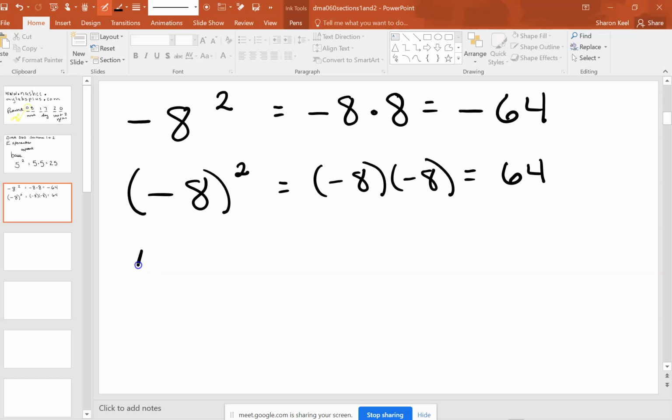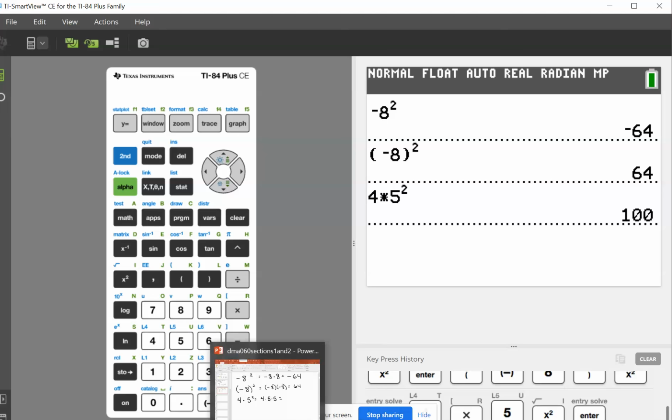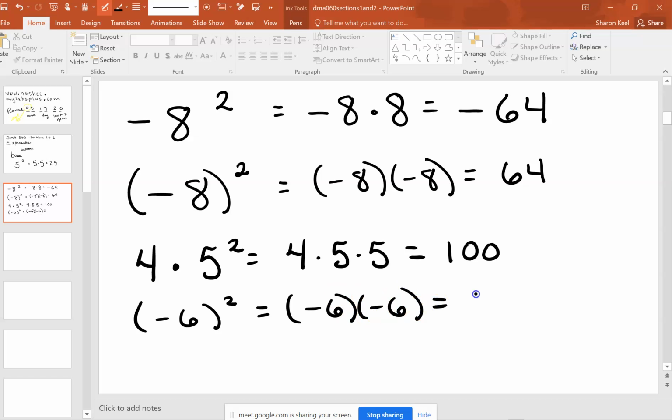Okay, here we have our next problem, 4 times 5 squared. So that would be 4 times 5 times 5, or you can type 4 times 5 squared, and that would give you 100. For this one, we have -6 squared, which means we're going to square the negative sign, and a negative times a negative gives us a positive 36. The last one on this page is